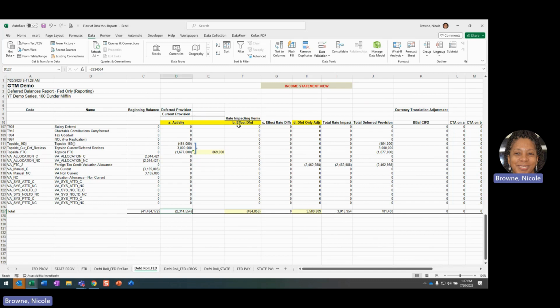And for that reason, this is included in our overall rate impact, whereas the sum of the current and everything else is included in our total deferred provision. So if I sum all of those up, that's my 701,400, but the actual rate impact is these three columns, which is 3,015,000. All right, so